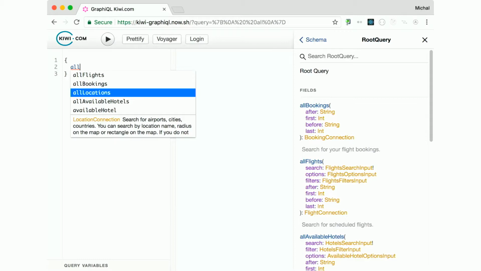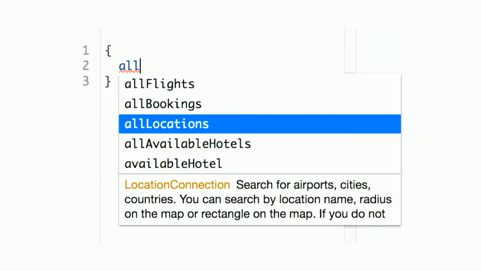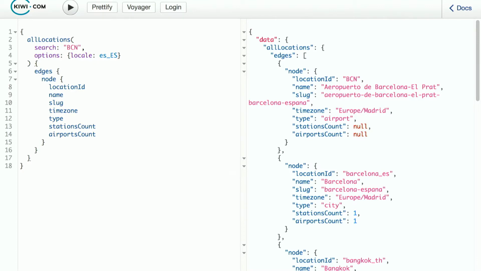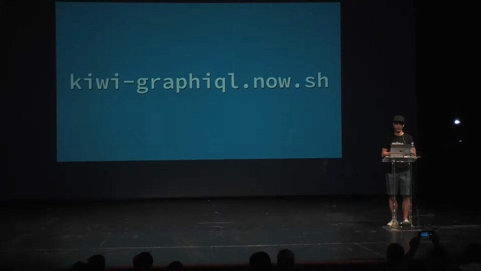So if you are using GraphiQL, which is just built upon the data from this introspection query, you are receiving features like autocomplete. The documentation is always fresh because it's part of the code. And of course, you can try those queries and see the output. If you want to try it, please go to this URL and play with it. The data are real, so you can start using our GraphQL endpoint and build something similar to what we are doing if you want to.